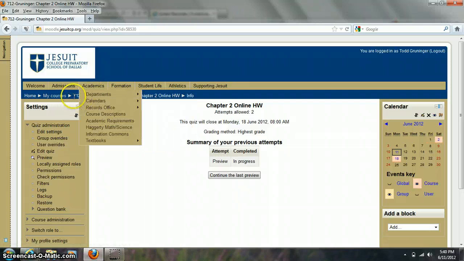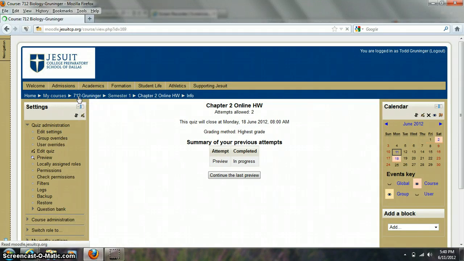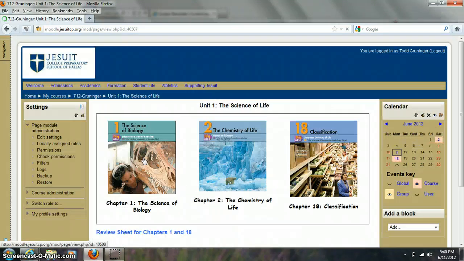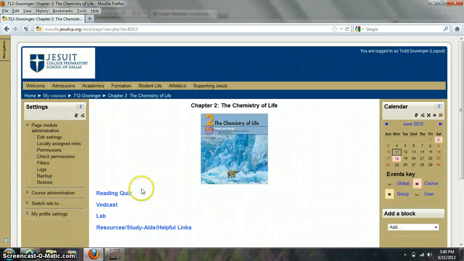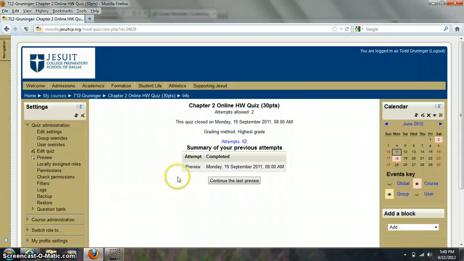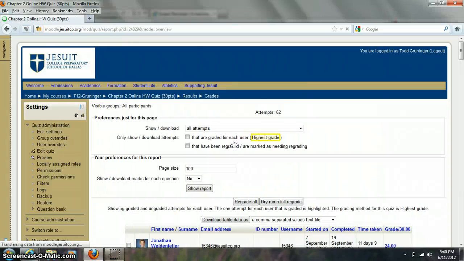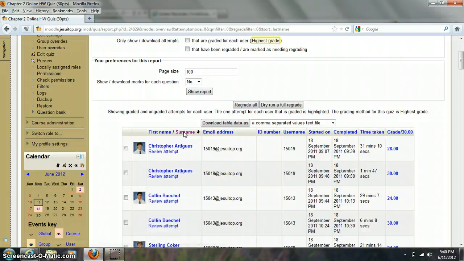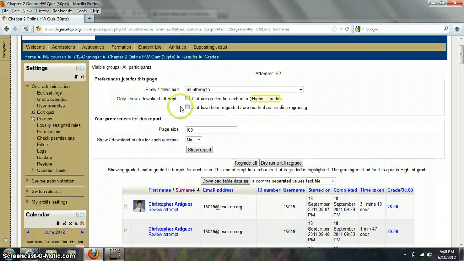And just to show you guys that real quick, what it looks like, I'll go to a quiz I've already done last semester. So I'll go to the Chapter 2 quiz that I gave last semester, or first semester. You see this attempts button right here is blue. You can click on that, and it shows me how each kid did. You can change it to alphabetize, and if you did more than one attempt, the easy way to look at this is to say only show the attempts that are actually graded. And if you hit that and then hit show report,